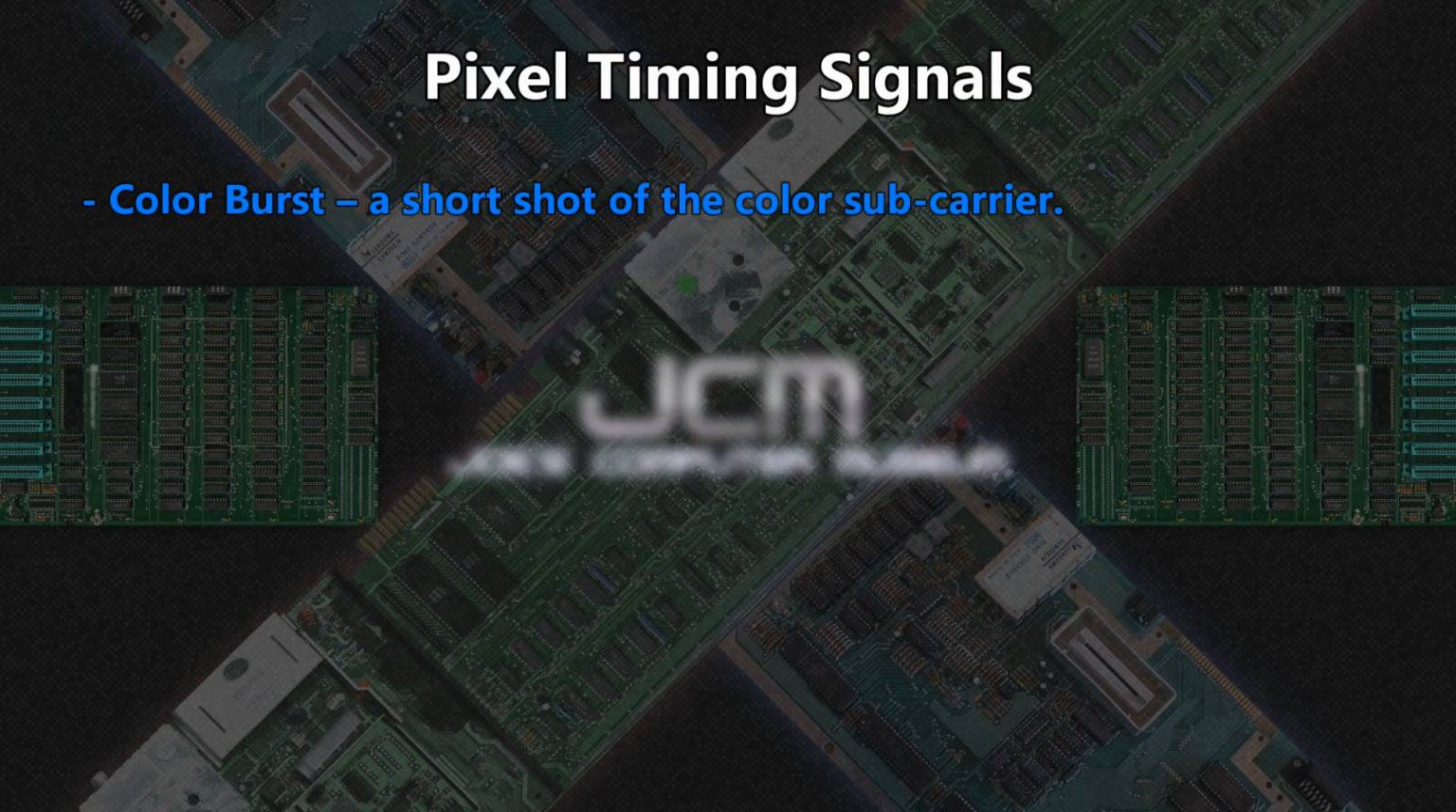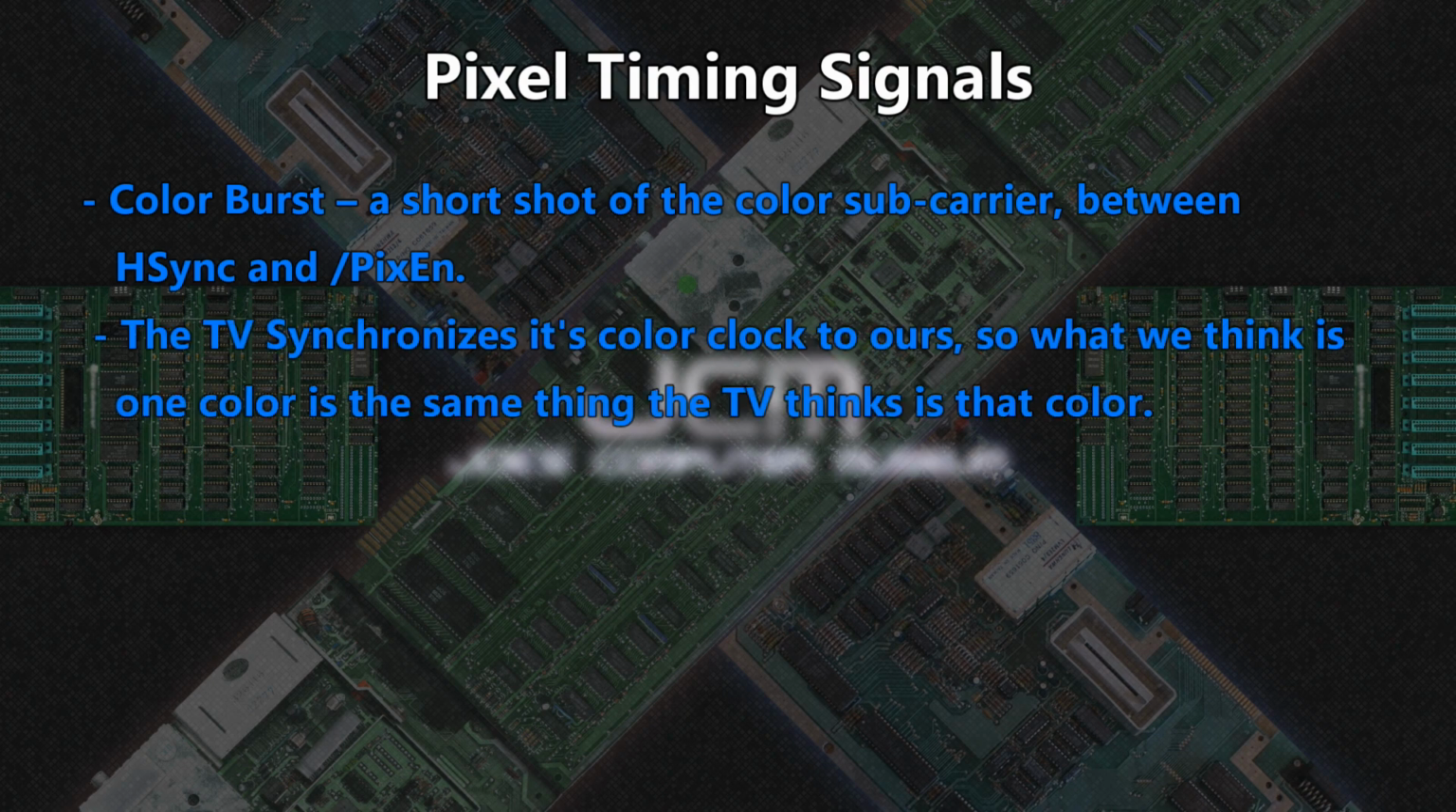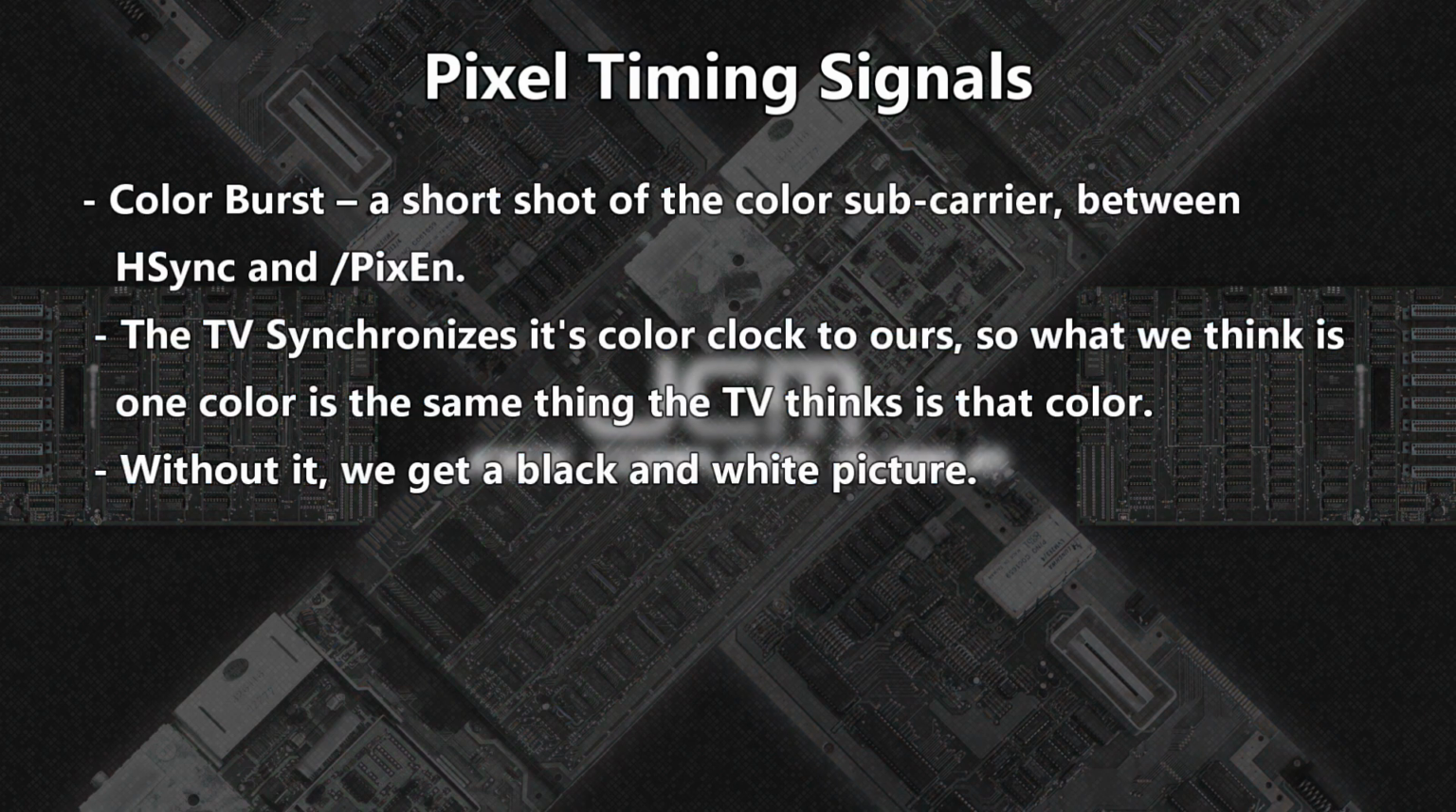The color burst is a short shot of the color subcarrier signal we just generated, injected between horizontal sync and the active video area. It is used by the TV to synchronize its color oscillator to ours. This ensures that what the video generator thinks is a particular color is the same as what the TV shows. If this burst is not present, the TV will assume that we are transmitting an old-fashioned monochrome signal and